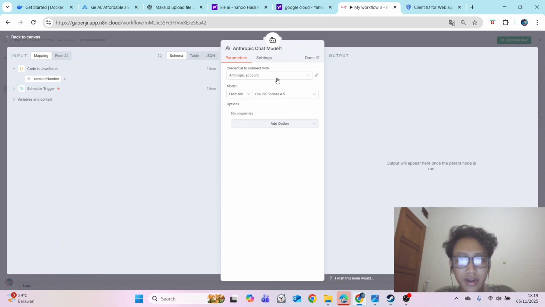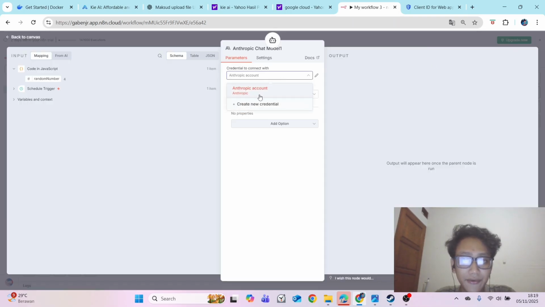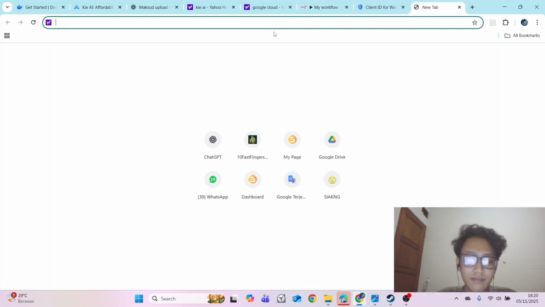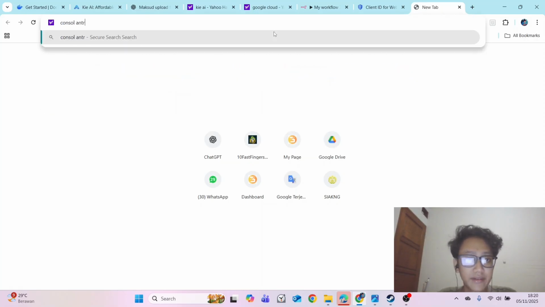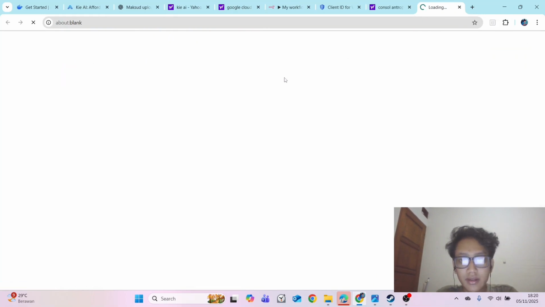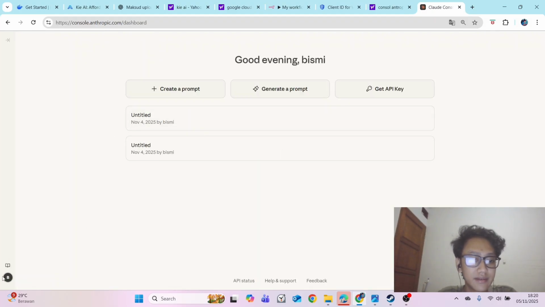We can choose the Sonnet, and in the settings, connect with a new credential. As you can see here, you need an API key. The API key you get from the console Anthropic, and this is the website where you can get or create your API key.